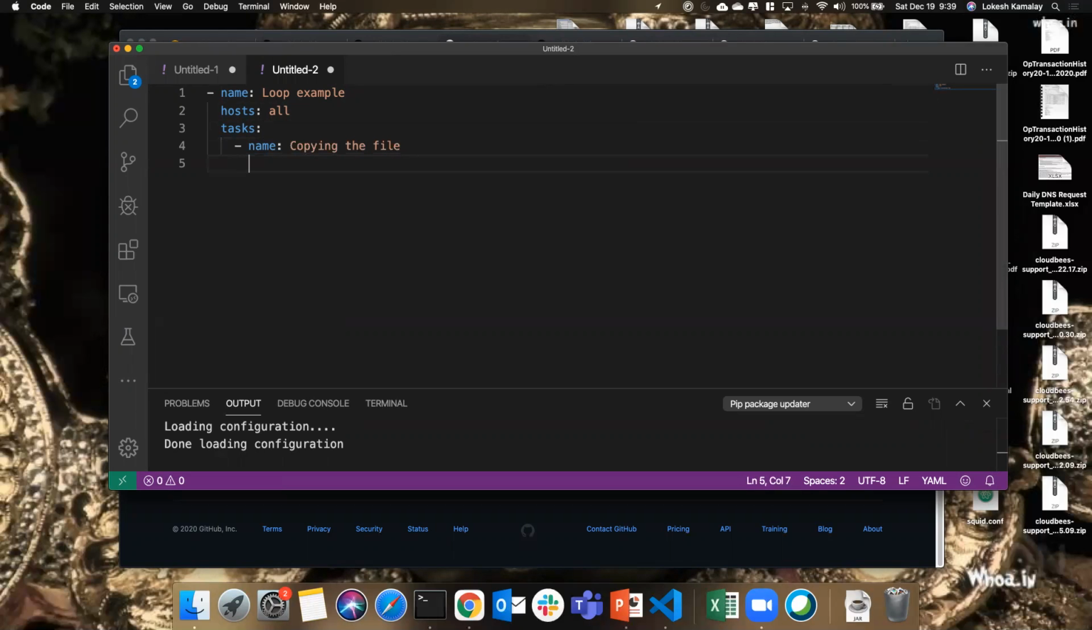Copying the file, copy function, source. Okay, so here I'm just going to use the item. Okay, destination, I wanted to copy them to the /tmp directory. Okay, so here I'm going to use a loop. Okay, and I just give the file names that I wanted to copy: abc.txt, element.txt,